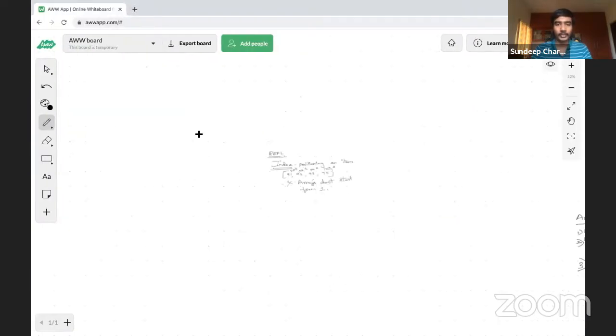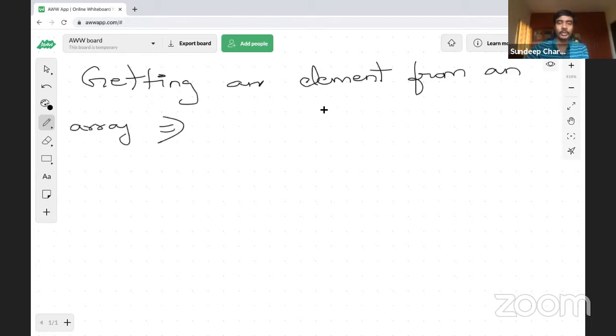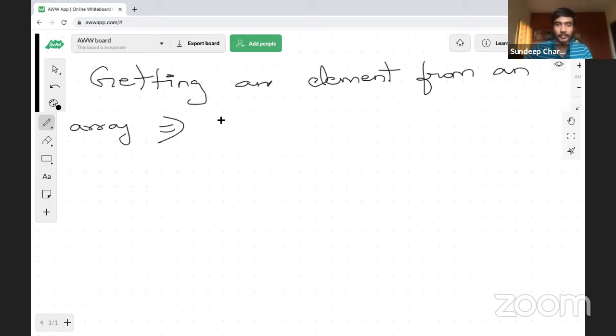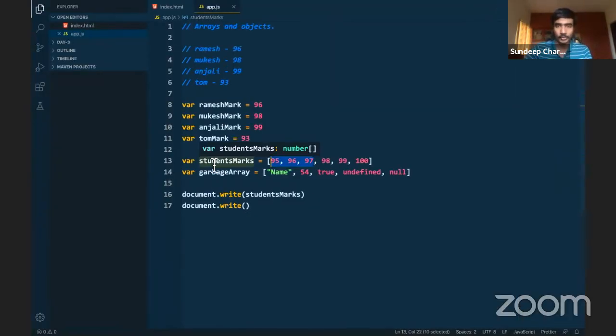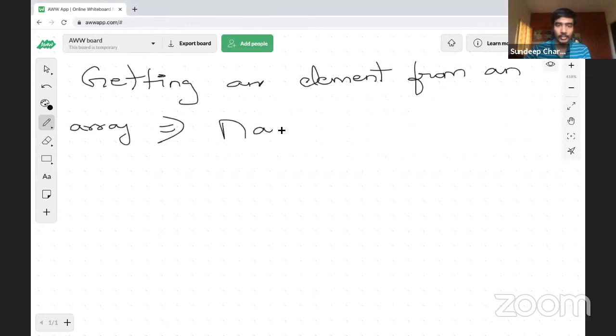So the syntax of getting an element from an array: getting an element from an array is equal to the array name. You have to just mention the array's variable name. This is the variable name of the array. Students marks is the name of the array. Garbage array is the name of that array. So you have to mention the name of that array,